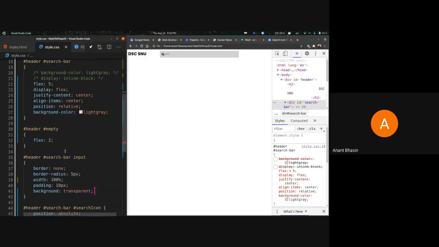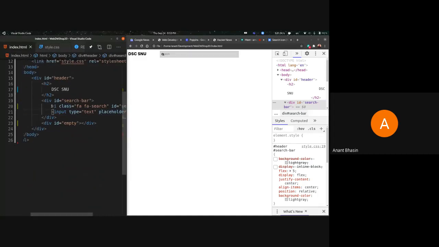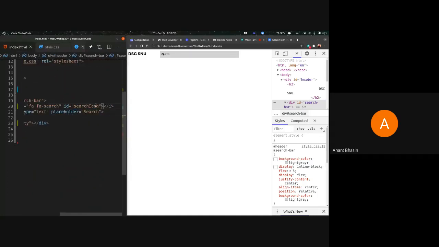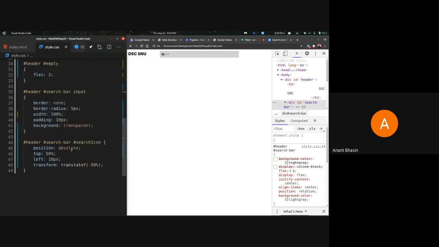Sarthak, again, the position tag cannot be relative to input because let me just show you the HTML. The I class is not inside of the input. We can't actually put anything inside of the input because you can't close an input tag. If I try to close something, it closes the div. If I force it to be the input tag, it's not going to complain, but it isn't going to make any sense. We can't actually put anything inside of the input tag. So that's why you can't position it relative to the input tag itself.